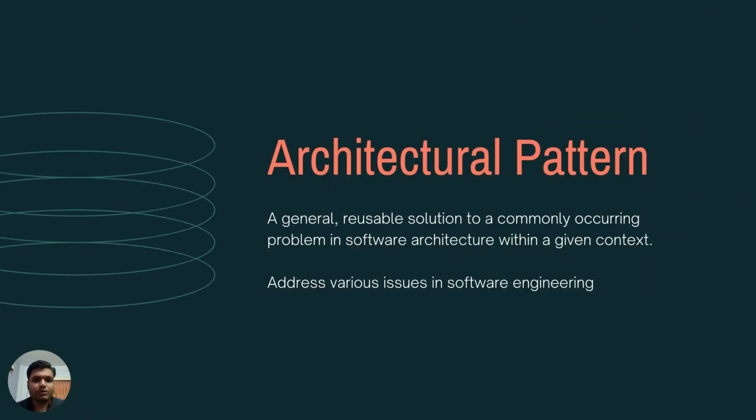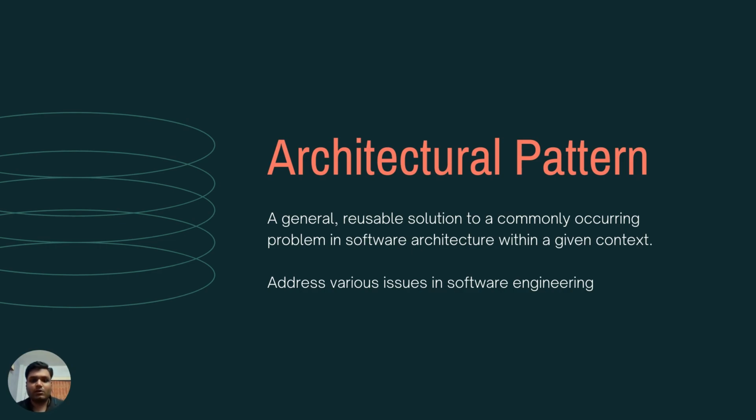So before diving deep into their differences, let's try to understand what an architectural pattern is first. An architectural pattern is a general reusable solution to a commonly occurring problem in software architecture within a given context. The architectural style shows us how we organize our code, and how the system will look from a high level view. It also addresses various common issues which occur frequently during software engineering, and shows how a solution can be used to solve a common recurring problem. It also reflects how our code and application components will interact with each other from a high level perspective. Now let us understand the need for an architectural pattern.